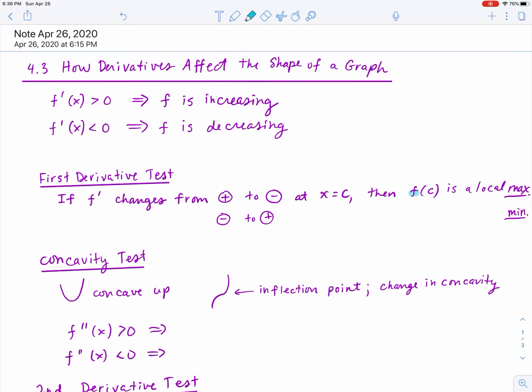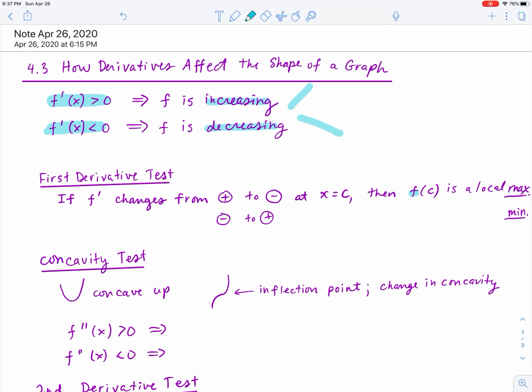Okay, this is section 4.3, how derivatives affect the shape of a graph. So the first thing, and I think we've talked about this before, is that if the first derivative is positive or greater than 0, then f is increasing. That means the slopes of the graph are also positive, so we get an increasing function. If f prime of x is negative or less than 0, then f is decreasing, which means it's declining, and